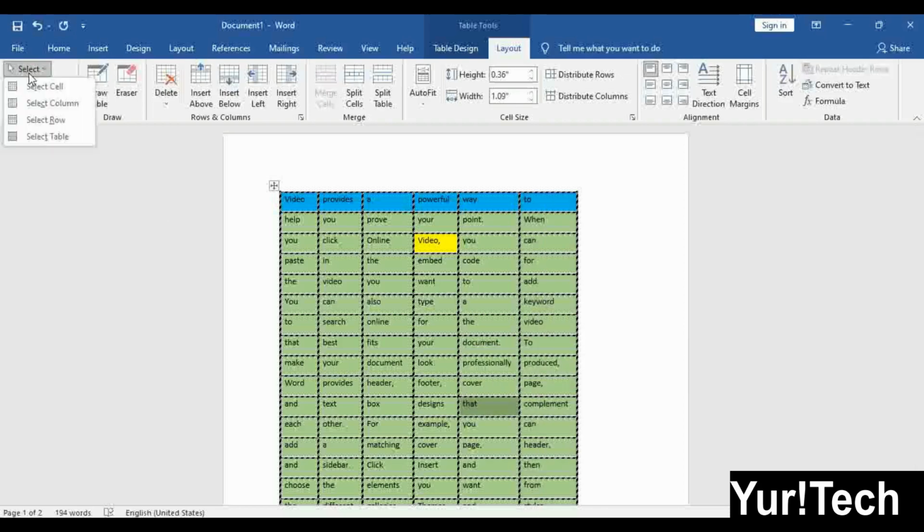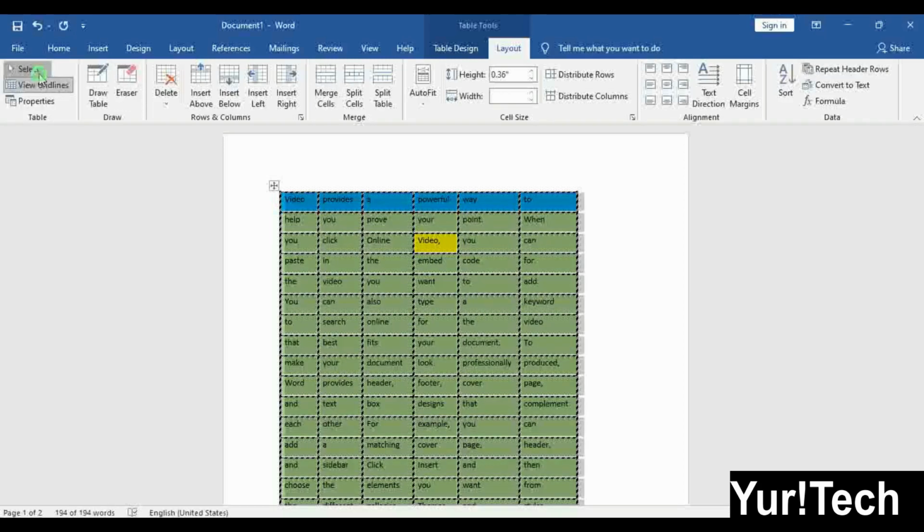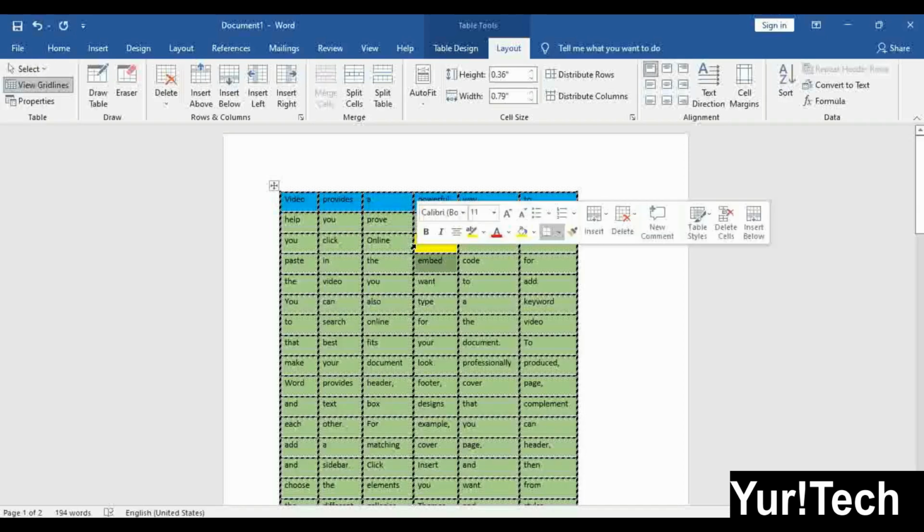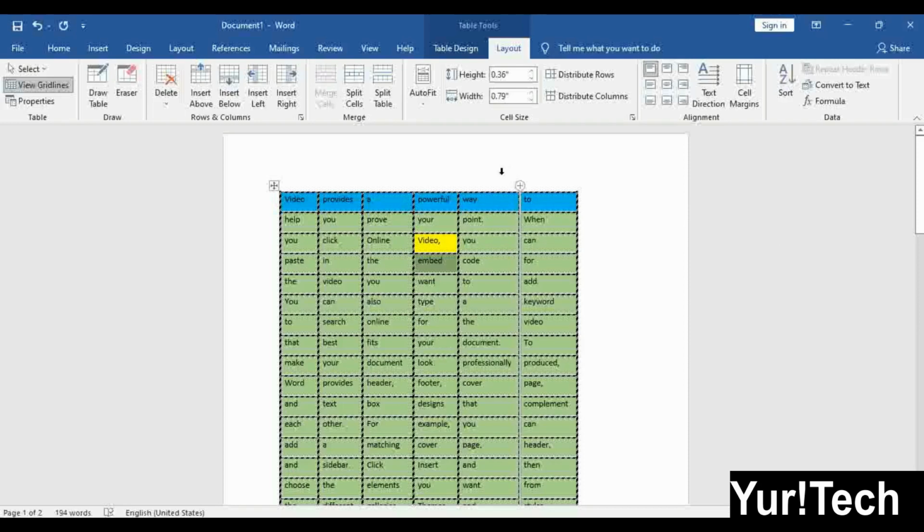Another is select row. Wherever your cursor is, that entire row will be selected. And for the entire table, the last option is select table. But who wants to go there and apply it? When you have an easy way to select your table, row or column, no one uses that.